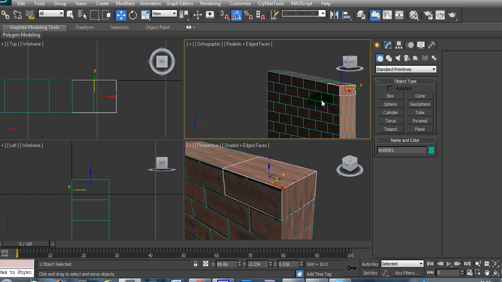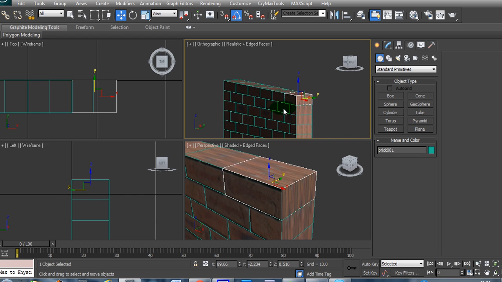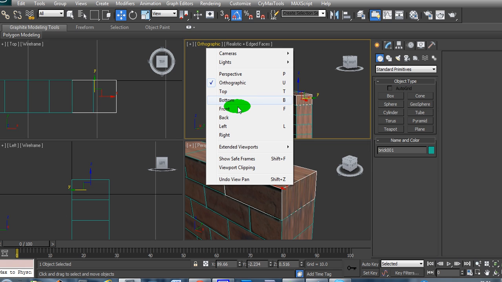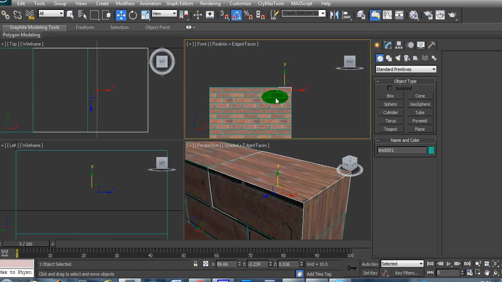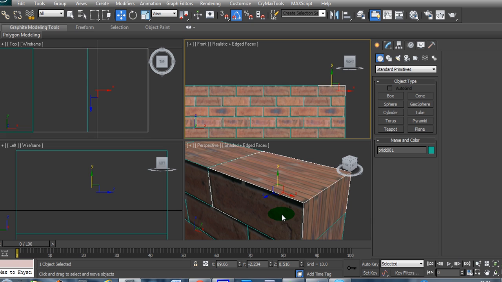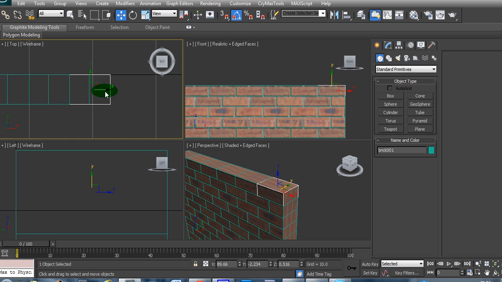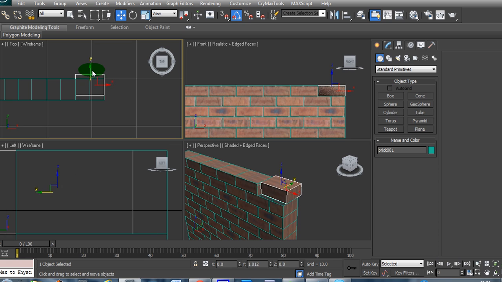And basically what we need to do is, sorry about that, I just had to pause. I need to stop changing that from the front to the orthographic. I need it actually on the front. Press Z. Right, so we only need to use 1 brick. So what we need to do is get this brick here we've just got. We then need to actually